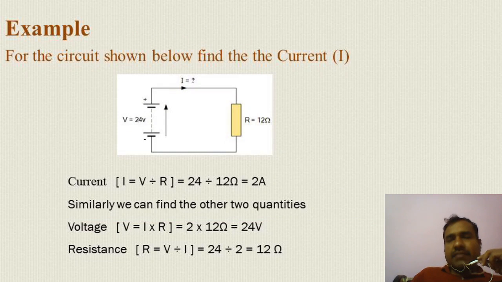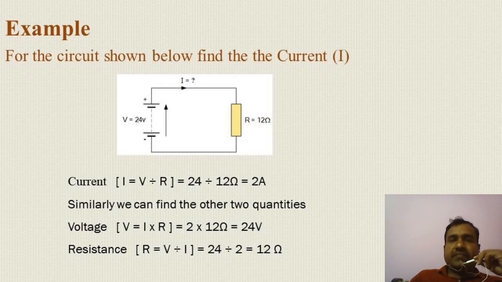Let us take an example for this Ohm's law. For the circuit shown in this slide, find the current I. So when you look at the circuit, it has got one voltage source of 24 volt and a resistance of 12 ohm, and it's been asked to find out what is the current that is flowing through the circuit. Now from Ohm's law, I is equal to V by R. So what is V? 24 volts. What is R? 12 ohms. So 24 by 12 is equal to 2